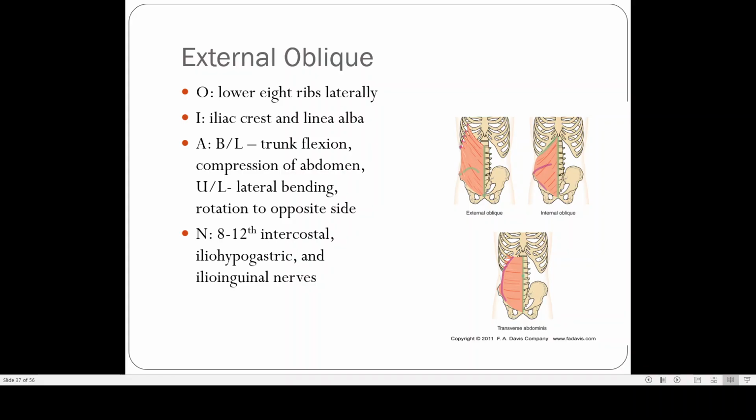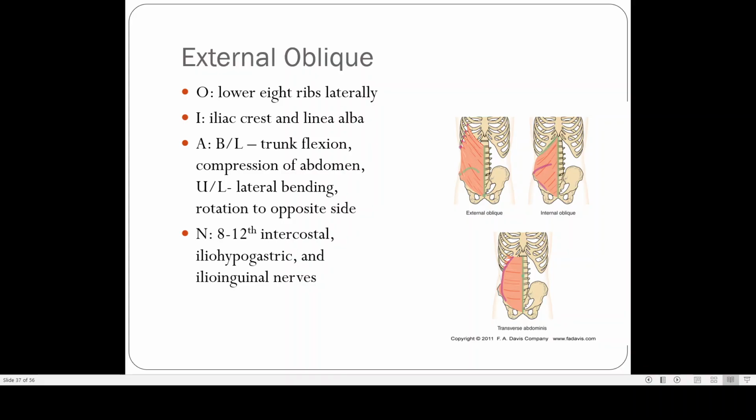Moving out to our obliques, our external oblique is going to come off the lower 8 ribs laterally to the iliac crest and linea alba. Bilaterally, it's going to compress the abdomen. It's going to flex the trunk. Unilaterally it is going to laterally bend and rotate to the opposite side. So external is rotating to the opposite side. You can see there